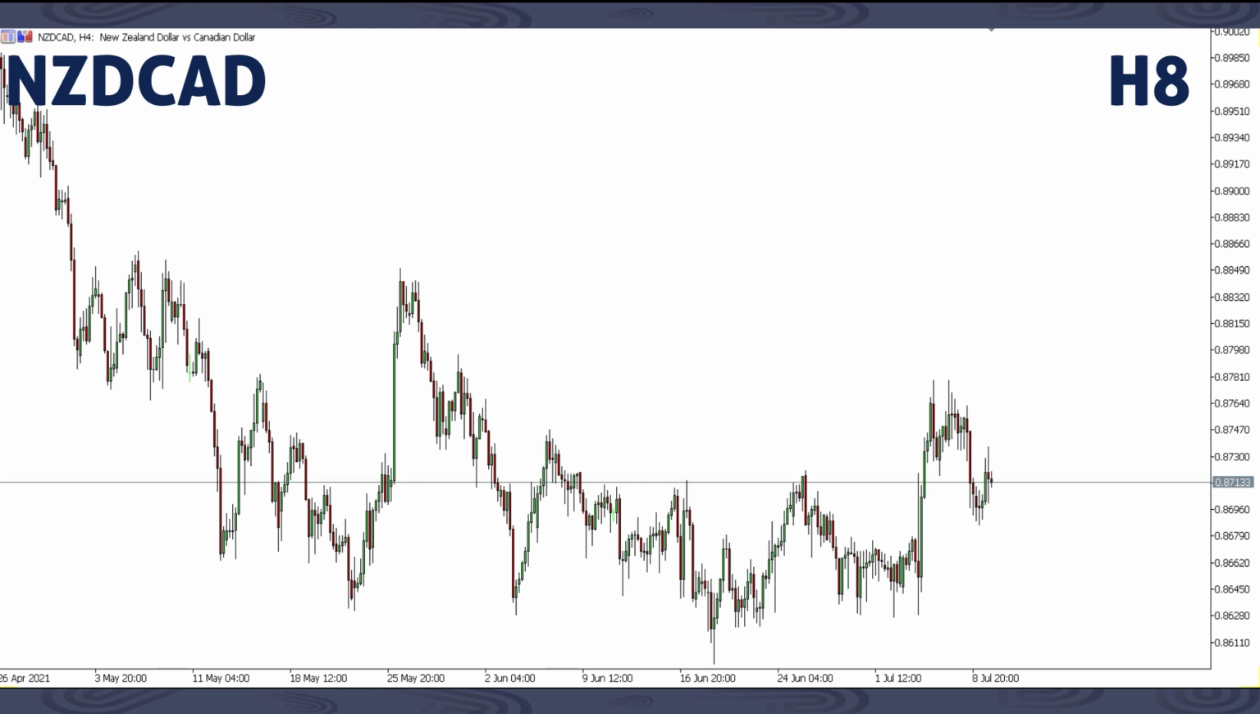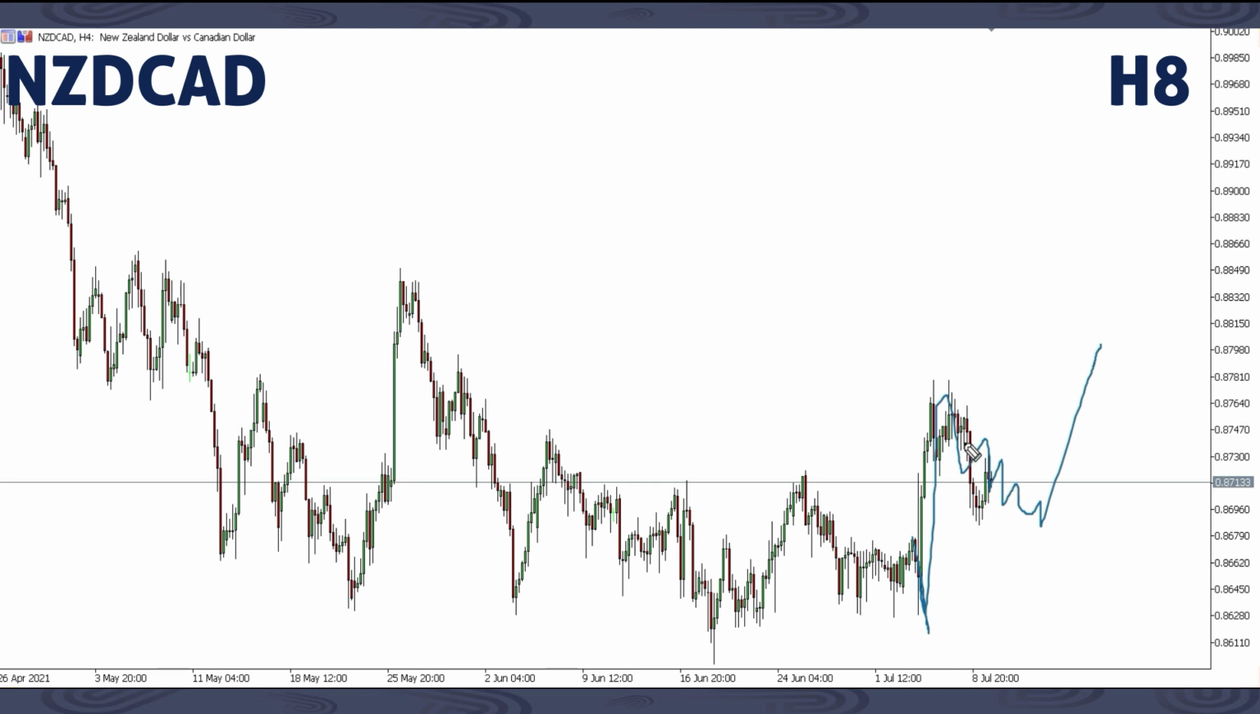Now this is NZDCAD, and previously on NZDCAD we say that there's a chance that we might get a drop here, a drop, then we get an impulse move up, then we say that we can get a corrective structure, then price may move up like this. Now this is a movement that we focused on